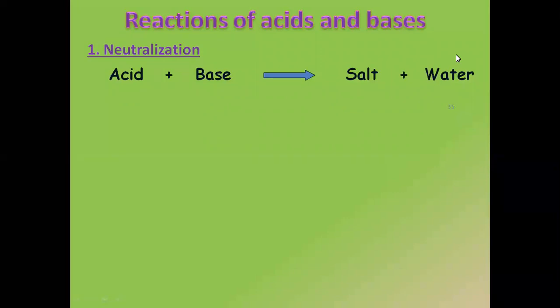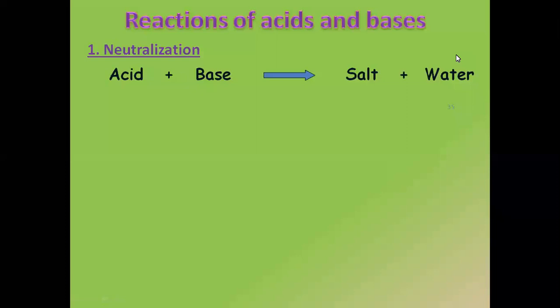So what will happen when I try to mix both the things together? When I try to mix this acid and this base, like you are not in the laboratory, you are allowed to do that. When I mix this acid and base together, I get another colour solution. And that is neutral. Now, why is this happening? Why does my acid and base react together to give me neutral? Let us try to understand with the help of this reaction.